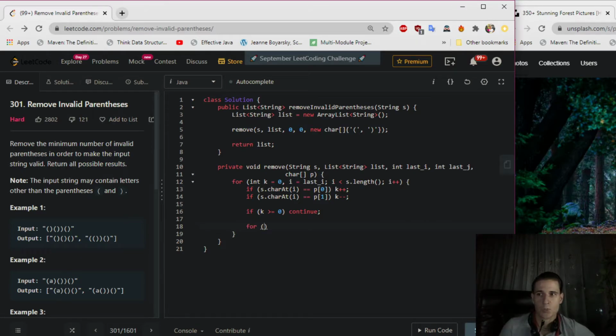Next, in the case when the prefix isn't valid, we create a for loop, and here we create a variable j equal to last j, j is less than or equal to i, j plus plus, and we could get rid of those parentheses, there is no need,